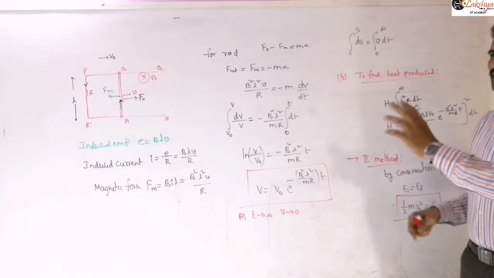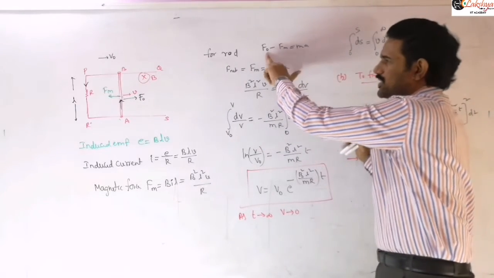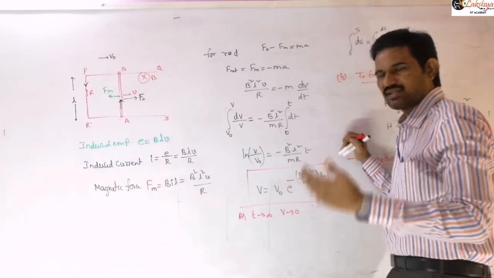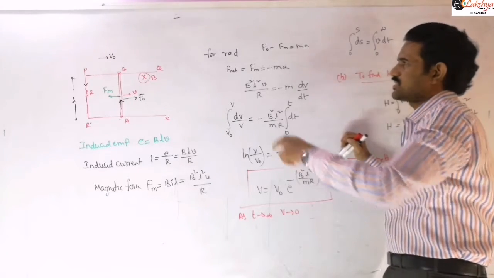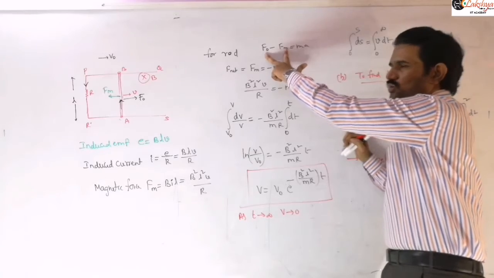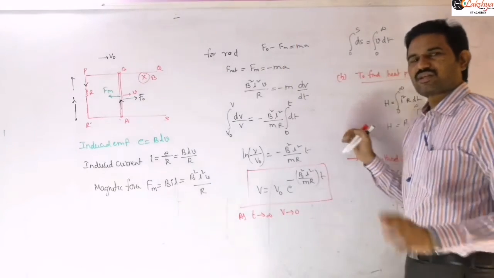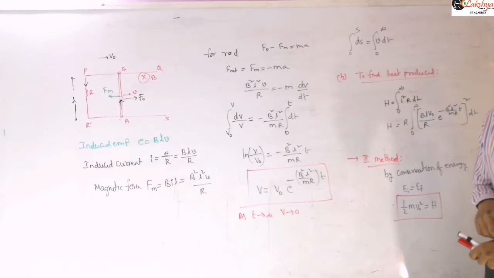So finally, as I said, this is a force equation. This F naught is a constant value. Then the Fm value goes on increasing because current increases, and so the magnetic force will increase. Once the magnetic force is increasing, there will be a stage where these two are equal. Then the acceleration will become 0, so constant velocity will be there. That constant velocity is what we call the terminal velocity, right?